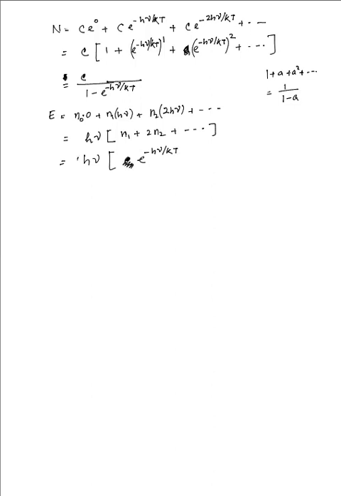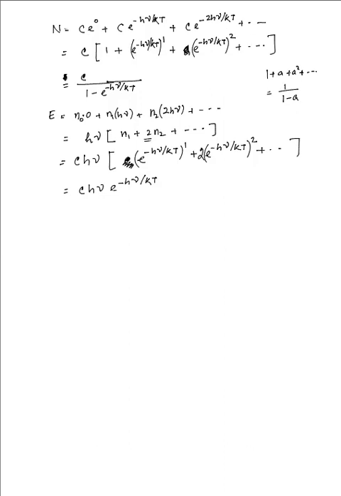So this is to the power 1 plus e to the power minus h nu divided by kT to the power 2, but we also have a factor 2 over here, so we write that 2 here as well. Now if I take e to the power minus h nu divided by kT to be the common term,